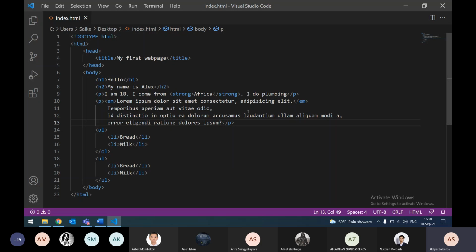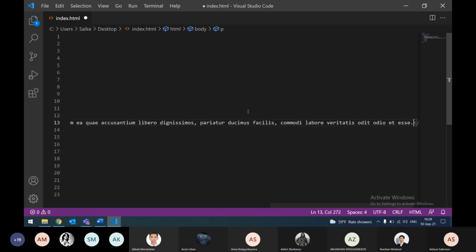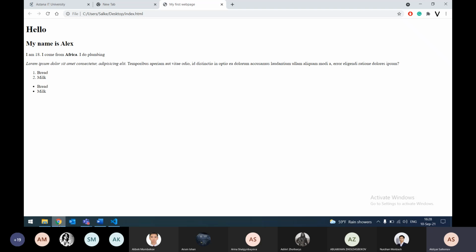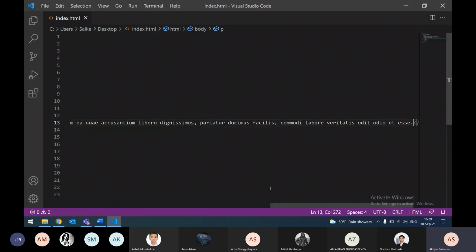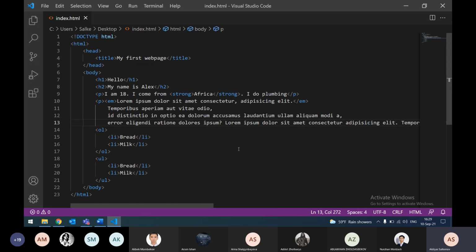Let us do the following. Let us add one more item. So you can see your paragraph now looks like this. What I am going to do here is that I would like this part of the paragraph to begin with a new line. Of course, I can write it inside of another p tag, but instead I will do something like this. I will say break,